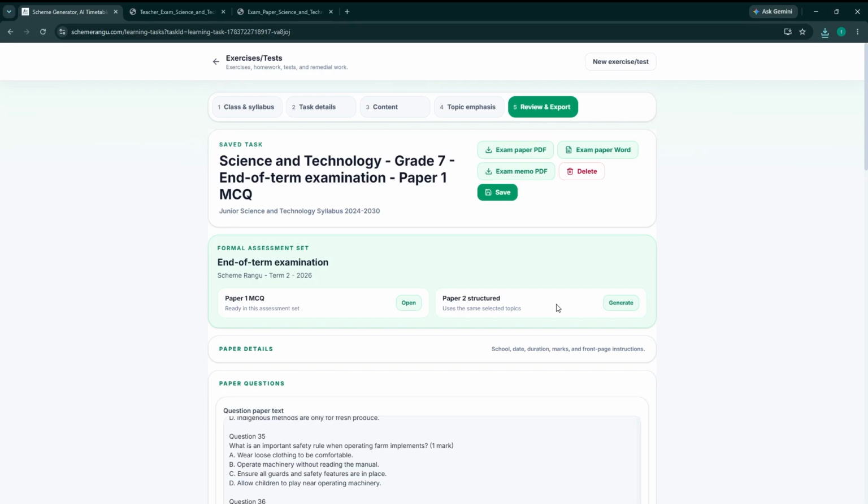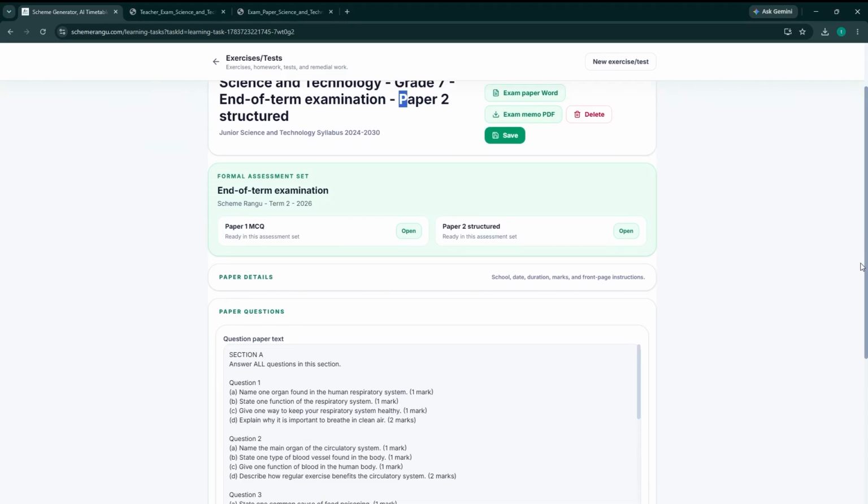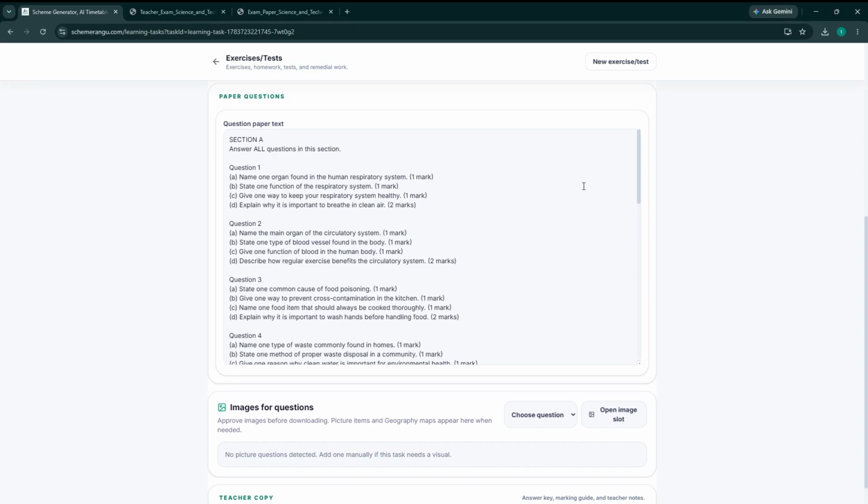You can use the same topics that you did with the paper 1, but now in a more structured paper 2. So if I press open for paper 2, it's now on paper 2. So structured questions are these ones